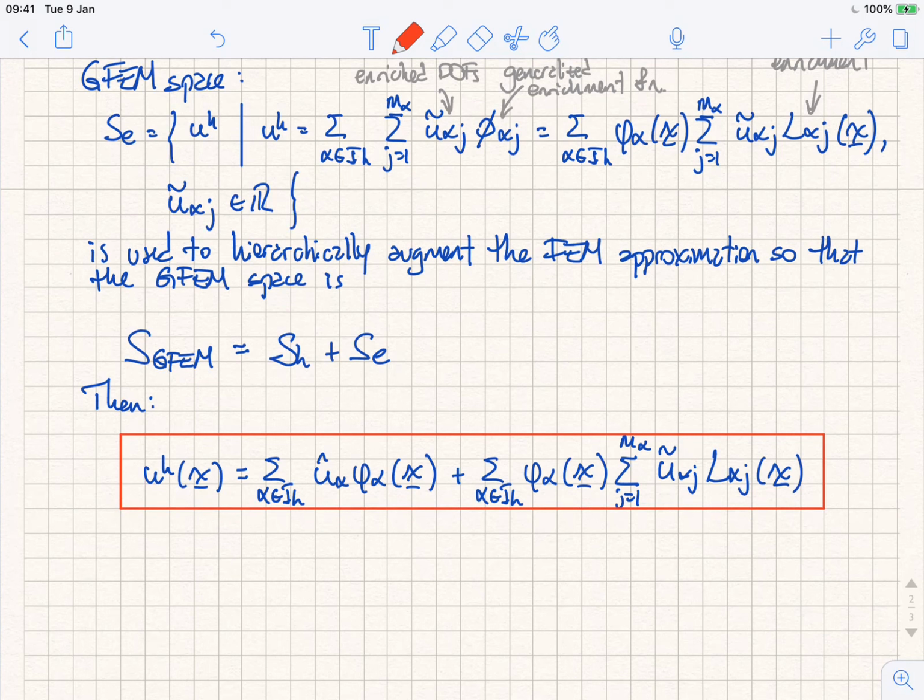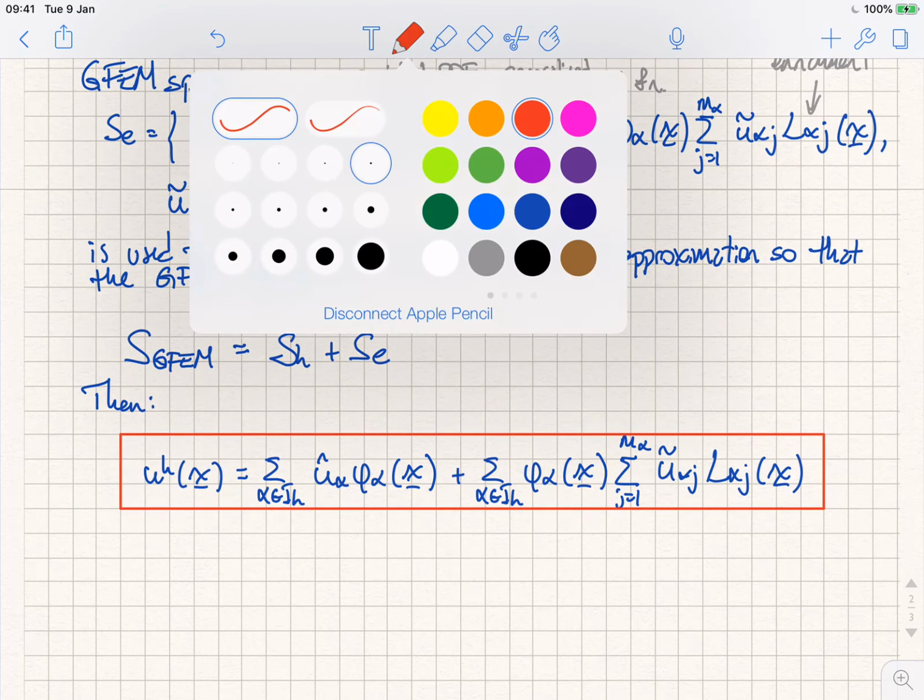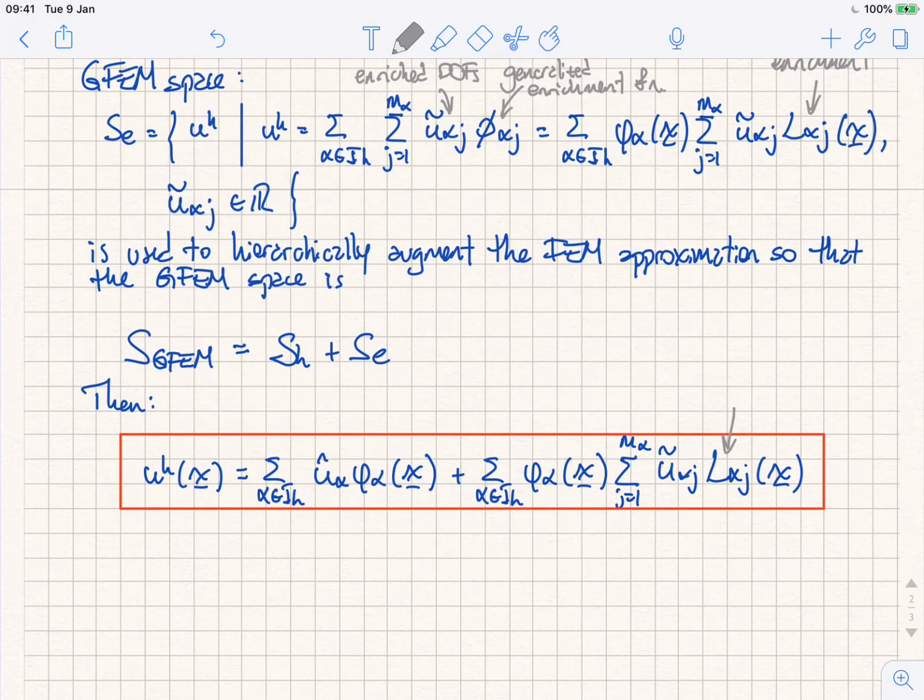That's it. This is the method. This is the GFEM, right? So here we have our standard FEM that is augmented or enriched by this enriched space. So we have this extra component. And in this extra component, we have these ones. We call them enrichment functions,